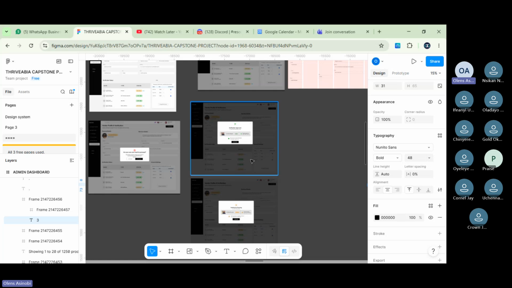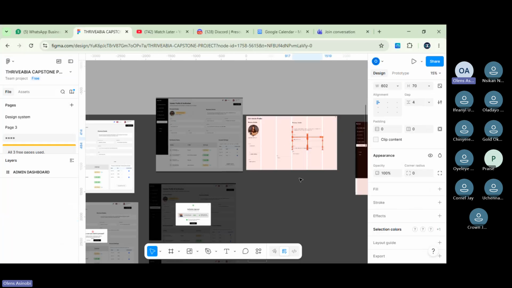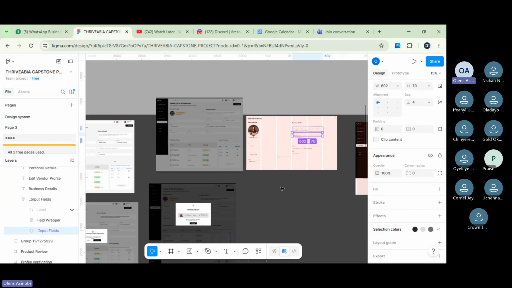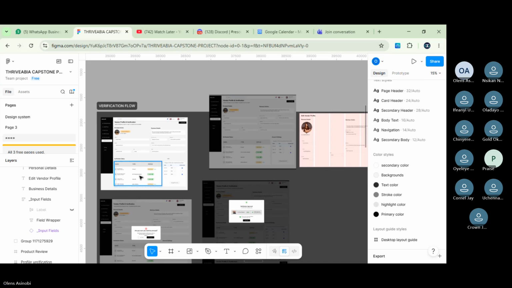Instead of wasting your time on edit profile details, show us where a user is uploading their documents, these 5 documents that are mentioned here. Do you understand what I'm saying?